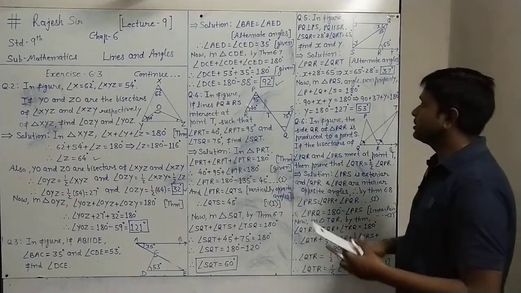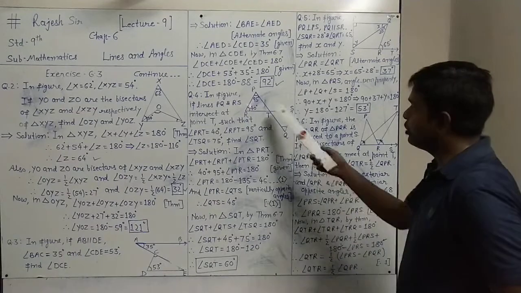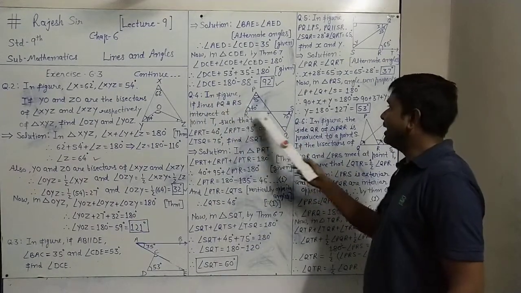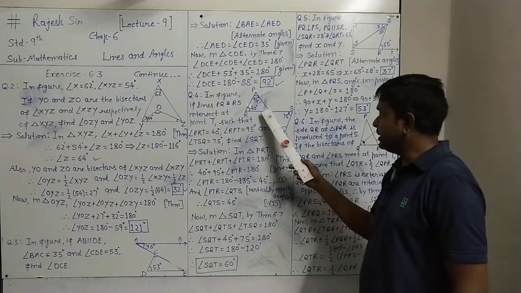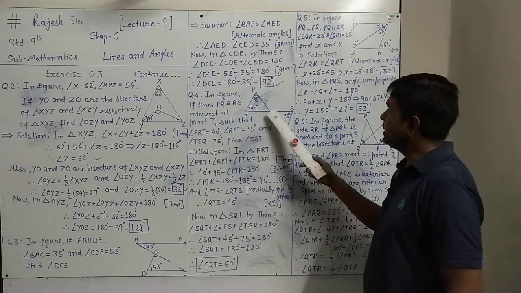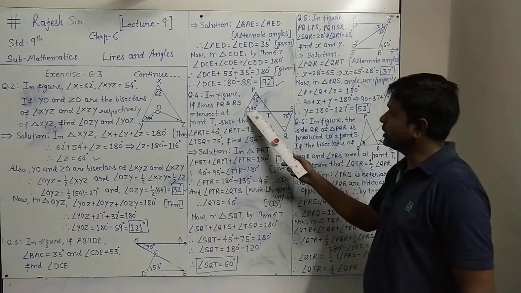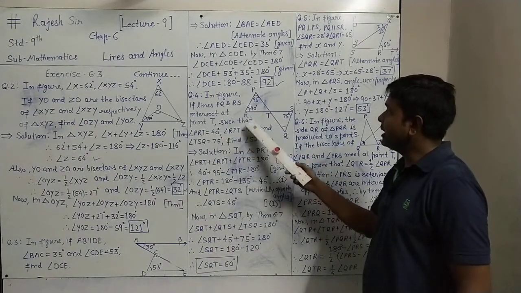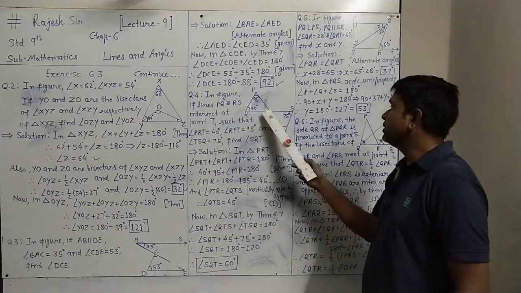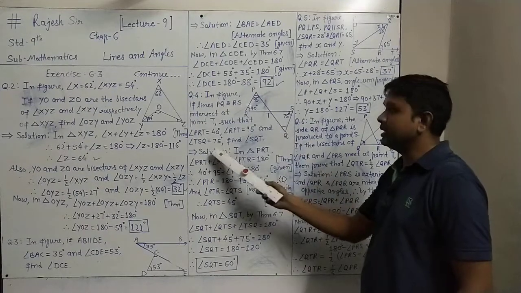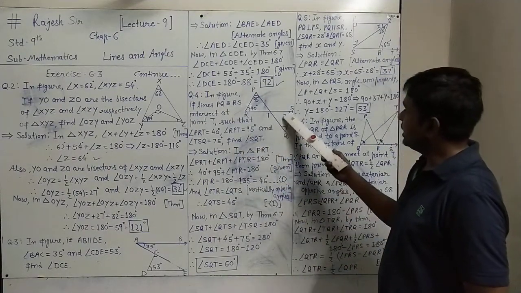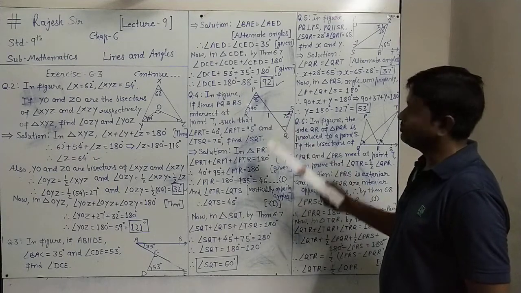For this question, this figure is given. In the figure, lines PQ and RS intersect at point P this way, such that angle PRT is 40 degrees, shown here, angle RPT is 95 degrees, shown here, and angle TSQ is 75 degrees, which is also shown in the figure. We have to find angle SQT, this angle we want.